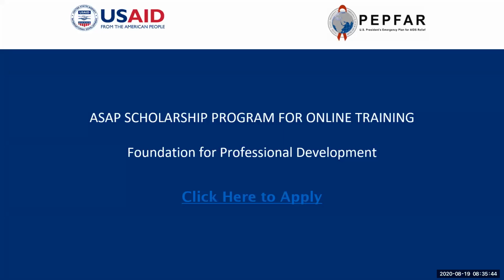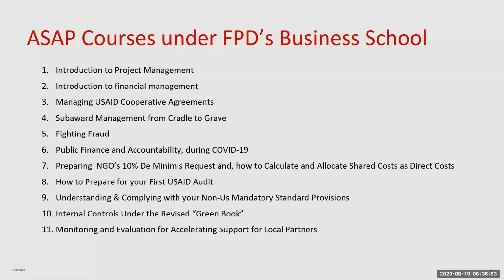Let's talk a little bit about the scholarship courses provided by ASAP through Foundation for Professional Development. We have 11 courses under Foundation for Professional Development Business School that are available for you to apply. That includes Introduction to Project Management, Introduction to Financial Management, Managing USAID Cooperative Agreements, Sub-Award Management from Cradle to Grave, Fighting Fraud, Public Finance and Accountability during COVID-19, Preparing NGOs' 10% de minimis request, and how to calculate and allocate shared costs as direct costs. In addition, courses are also available on how to prepare for your first USAID audit, understanding and complying with your non-US mandatory standard provisions, internal controls under the revised Green Book, and monitoring and evaluation for accelerating support for